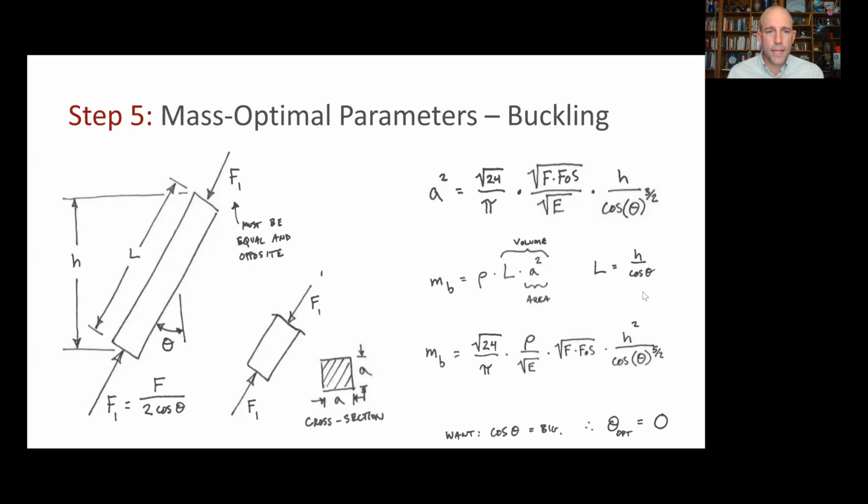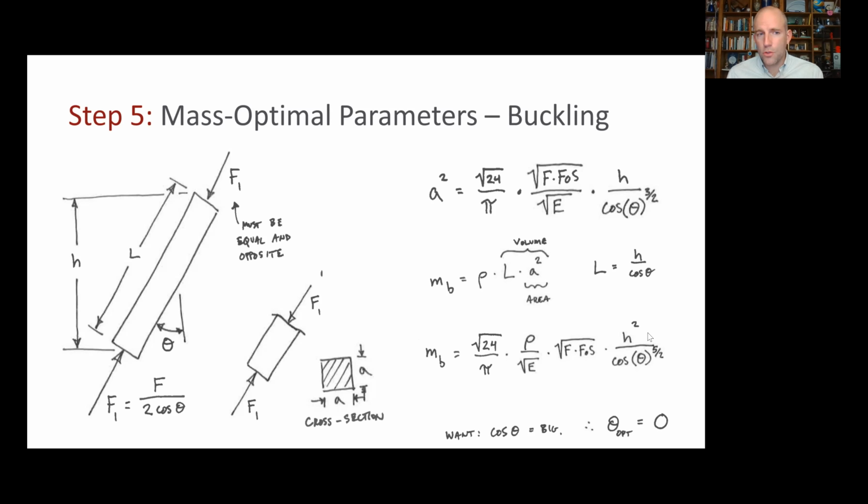All right, so once again, we'll have that the mass, in this case due to buckling, that's the subscript, is the density of the material times the volume, and that's the length times the cross-sectional area. We have the length is h over cosine theta, and the area is going to be set by this equation we derived from the need to exactly hit our factor of safety for buckling. And if we substitute those things in and massage slightly, we'll get the mass of the component dictated by the need to avoid buckling is this constant times these material terms times this loading term times this geometric term where